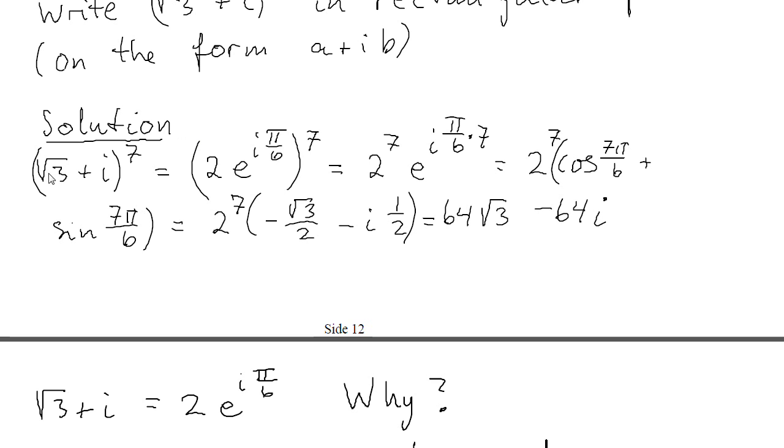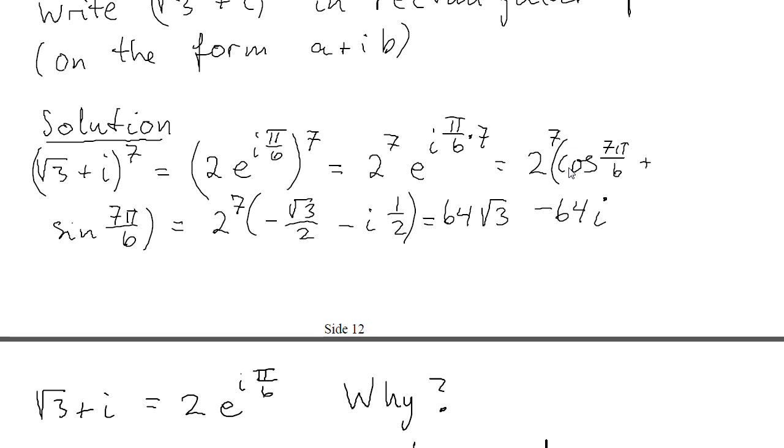Well, we write this in polar form first, like this, and then it's easy to write this polar form to the power of 7. So then we have 2 to the power of 7 multiplied with the exponential function of i multiplied with π/6 multiplied with 7, and we know by the Euler formula that